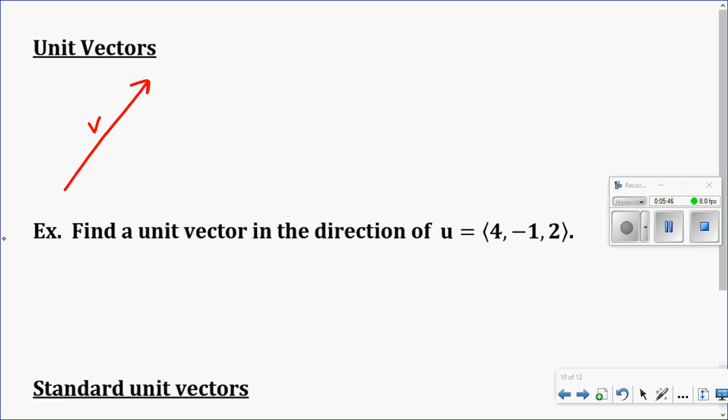Anyway, say it's like 7 inches long or something like that. And so if I want a unit vector, I want to maintain the direction, but I only want it to be 1 inch long. All right, so it's not going to be the exact same vector, but it's going to be a unit vector. And a unit vector, what it does is it maintains the same direction, but makes the magnitude